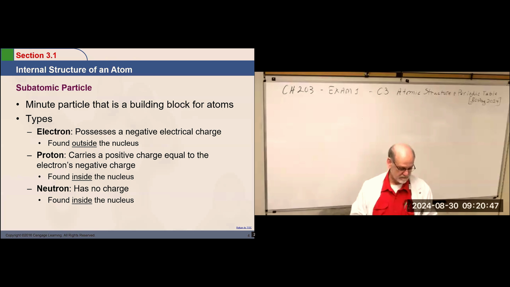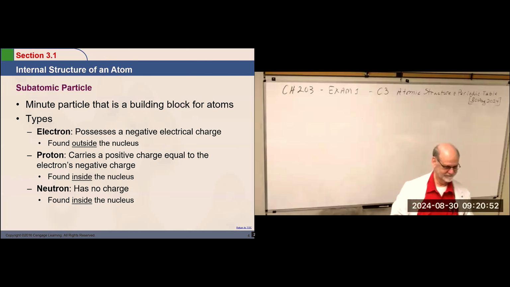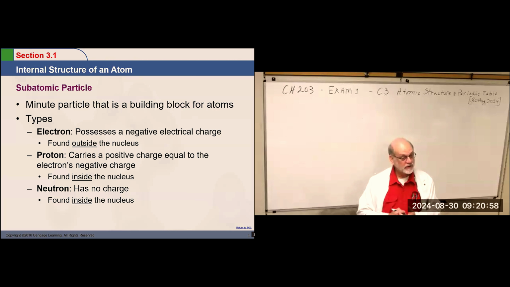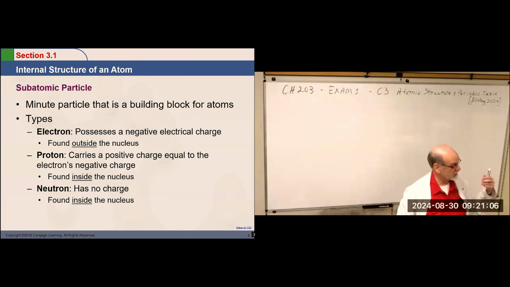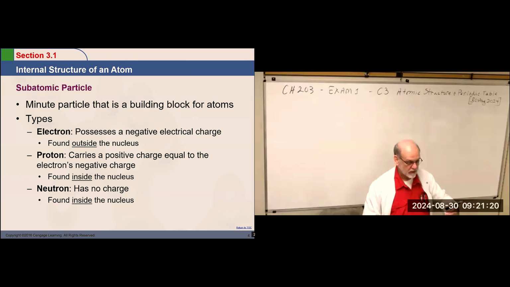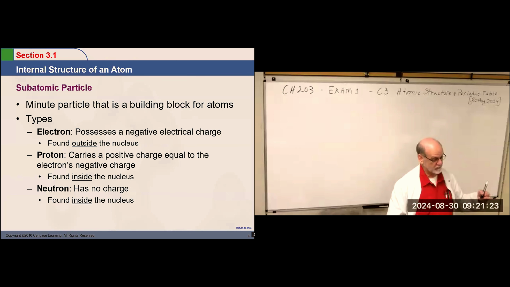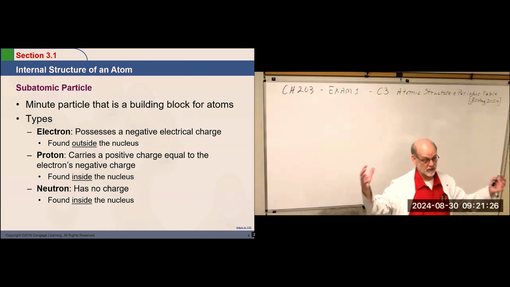Now, is anybody wondering how you get protons, positive charges, so close together? Nobody cares? They're packed really close in that nucleus. Now, with hydrogen, it doesn't matter. It's only got one. But once you get up to two protons for helium, then you get two neutrons also. And then you get three for lithium, and you get three neutrons also. And as the atoms get bigger and bigger, you need more and more neutrons, not just equal to the number of protons, but much, much greater.